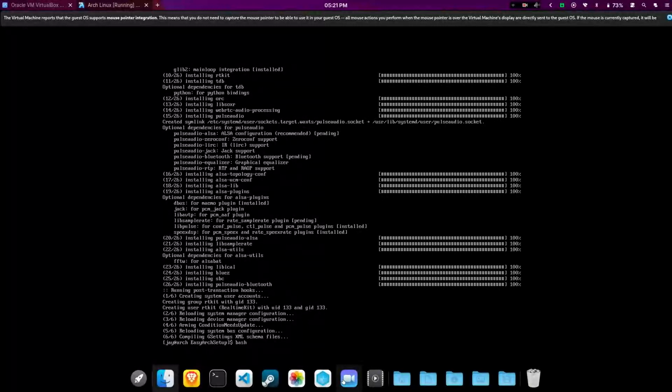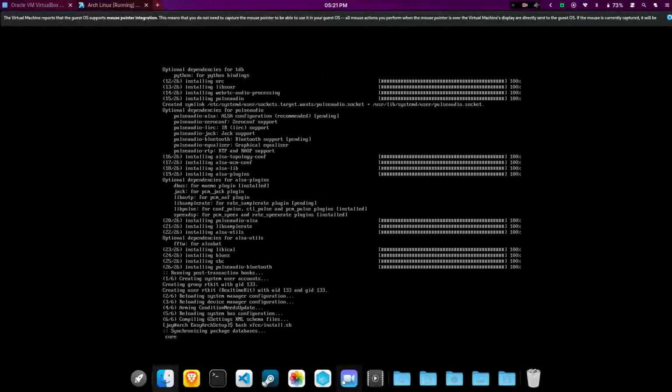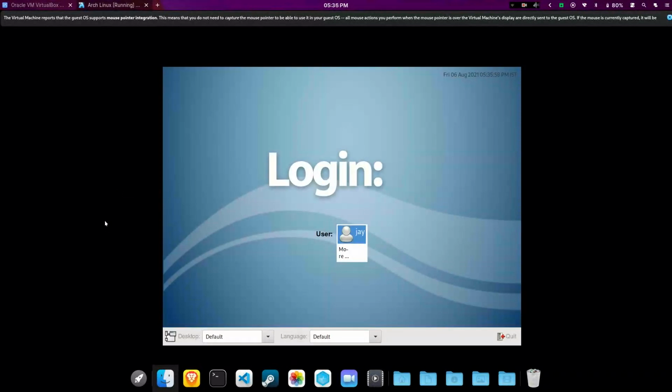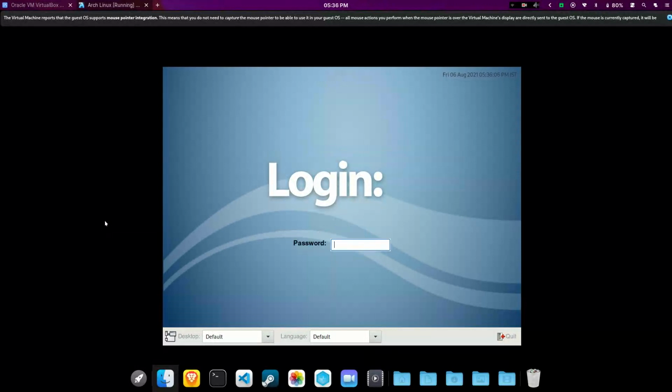So just bash xfce install.sh. I will just install the whole system, get everything ready. It's gone blank now. Don't be scared, because this is normal. I had just given a reboot for this, and it is starting the display manager from where we boot into our system. Yeah, it's working, nice. So we have our display manager ready. Well, I know it's kind of ugly, but no problem. Not a problem for me.